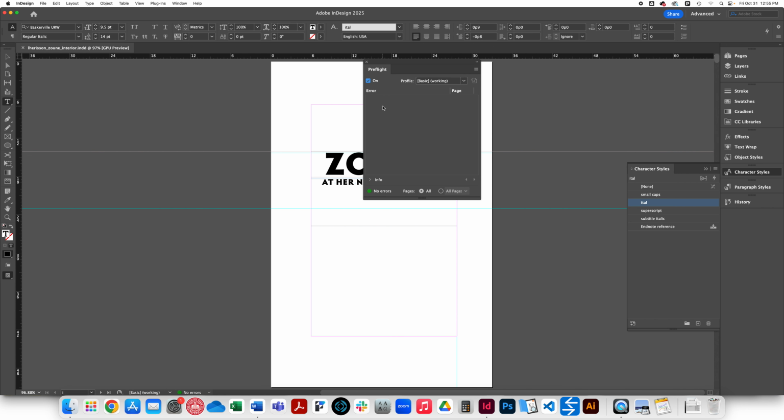The first error to look for is overset text, and this just means that there is text placed in the document that is going off the screen and is not fitting in one of the text boxes that you've placed. If there's overset text in your document, a link will appear in this space here, and you click the link, it will take you to the page in the document where the error occurs, and you can figure out how to fix it either by pulling down the text box or adding in an additional page where you can place